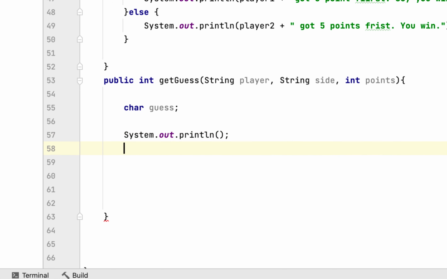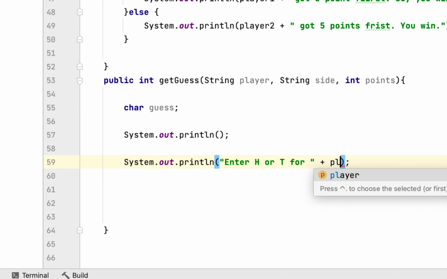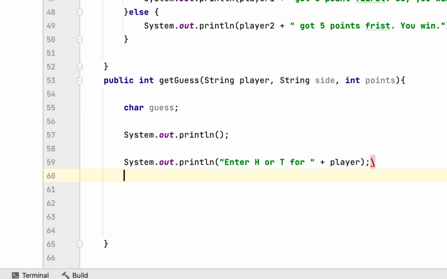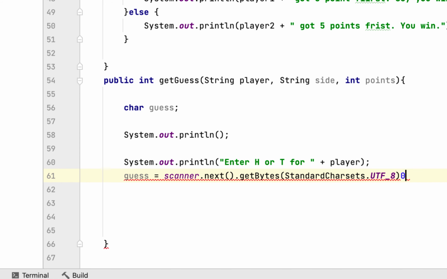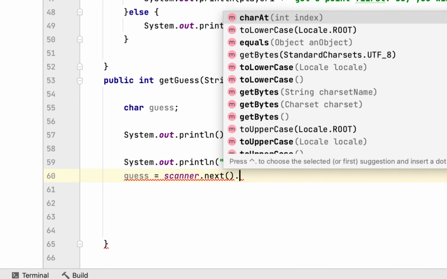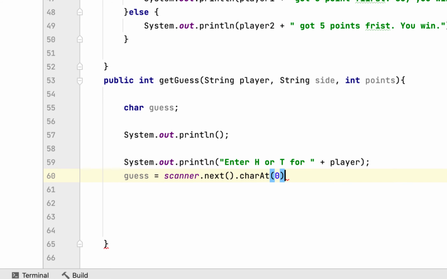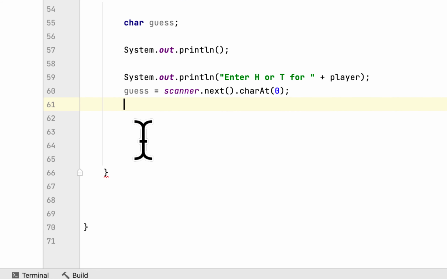We give a space, and we will say enter H for heads or T for tails for the player. Then we'll say guess equals scanner.next().charAt(0) because we want to have the first letter,